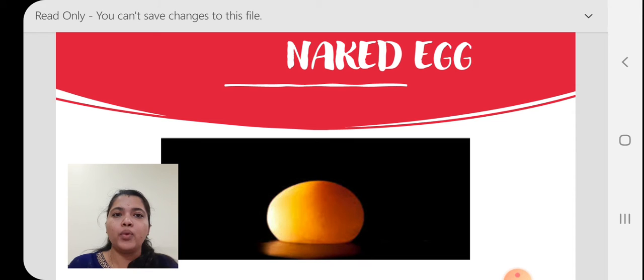We are still in the procedure. Now you have to prepare a salt solution. How do you prepare it? Take 1 tablespoon of salt with 100 ml of water. Place 1 egg in a beaker with tap water. That means you have to dip 2 eggs in HCl. I am showing you only one here, but keep 2 eggs in one HCl. Then you will get 2 naked eggs.